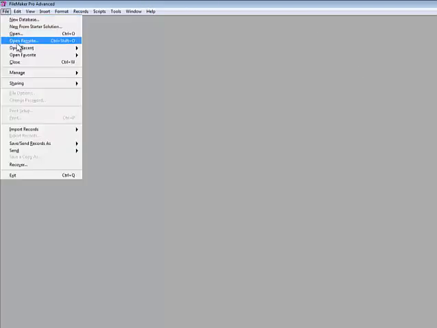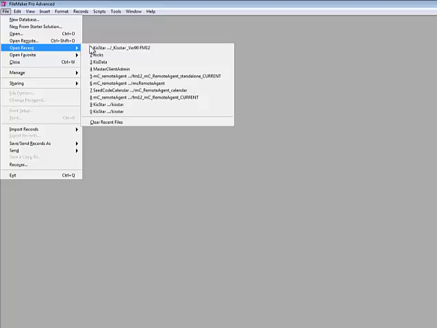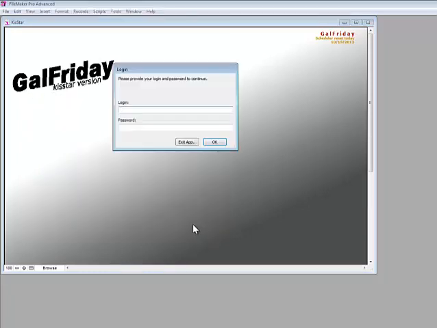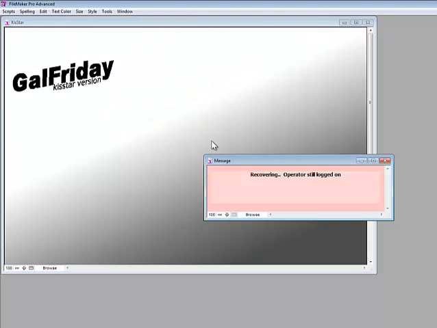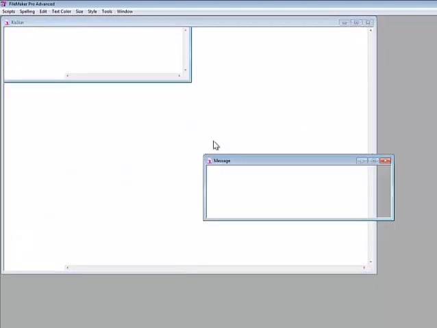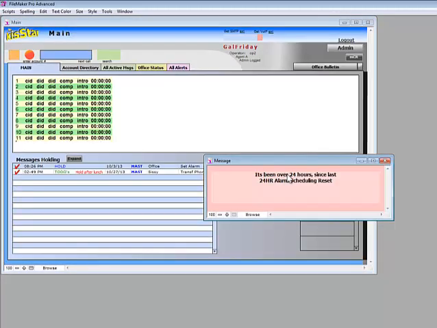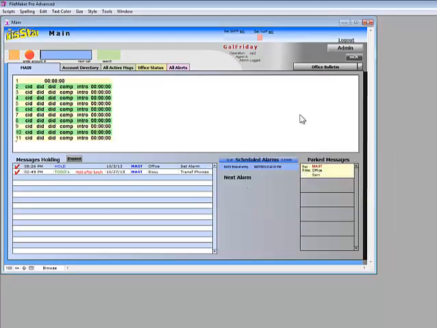And so what I'm going to do is restart the application. I'll click OK. I'll put in OP2, which is already logged on, and it recovers. Logs off the operator, and now it logs the operator back on again. A little extra work, and I should run that